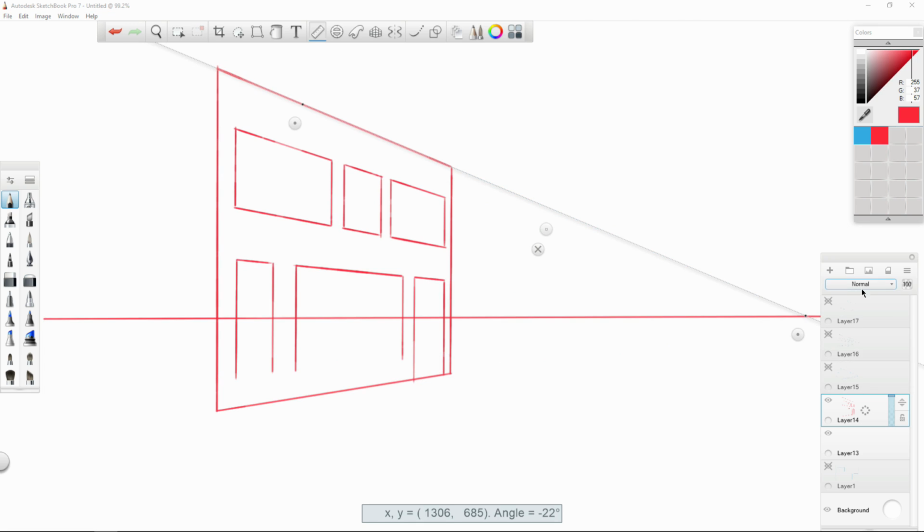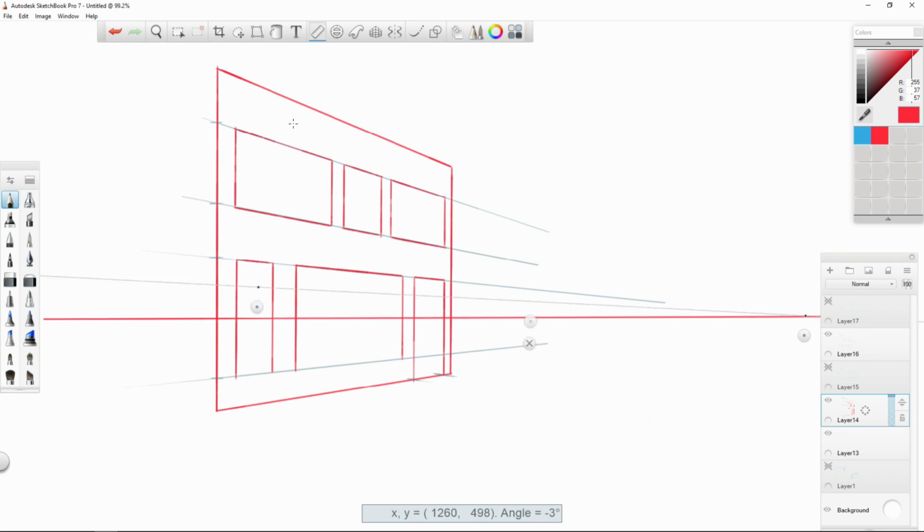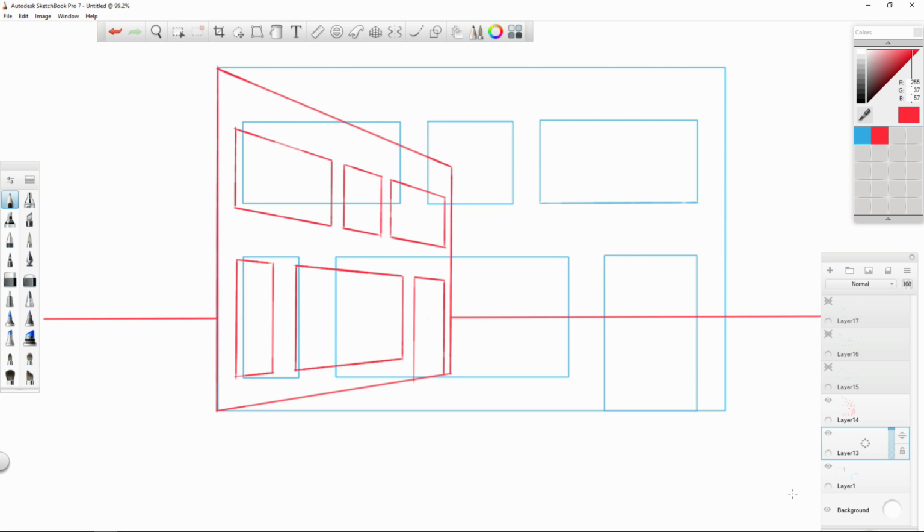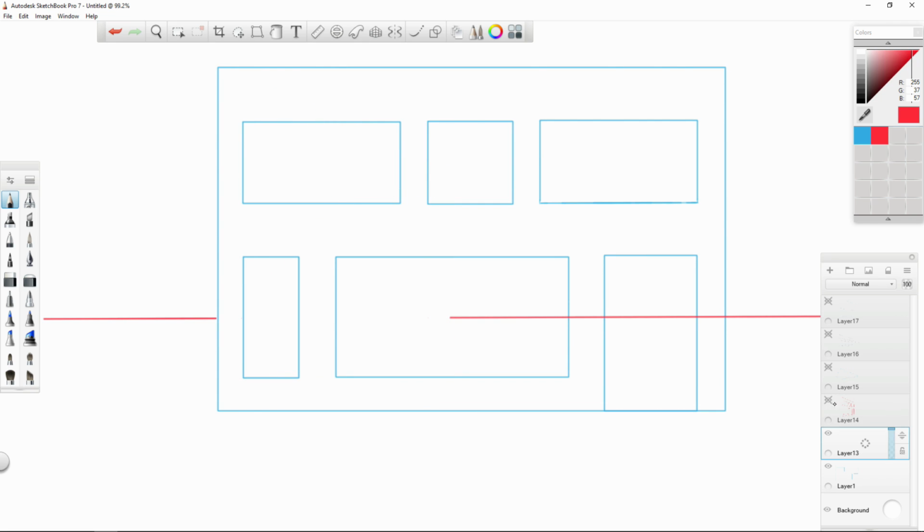Right, so let's hide everything. Let's hide the ruler. Oh, no we're not. I've missed the line out. Which is the bottom of there. No problem there. Let me take a second. So obviously we don't need one cutting through the door, because we've already got the door established. There we go. So let me get rid of the ruler. If we just rub this horizon line out now, we have the same blueprint that we started with, perfectly done in perspective. So let's bring this back. So this in perspective,